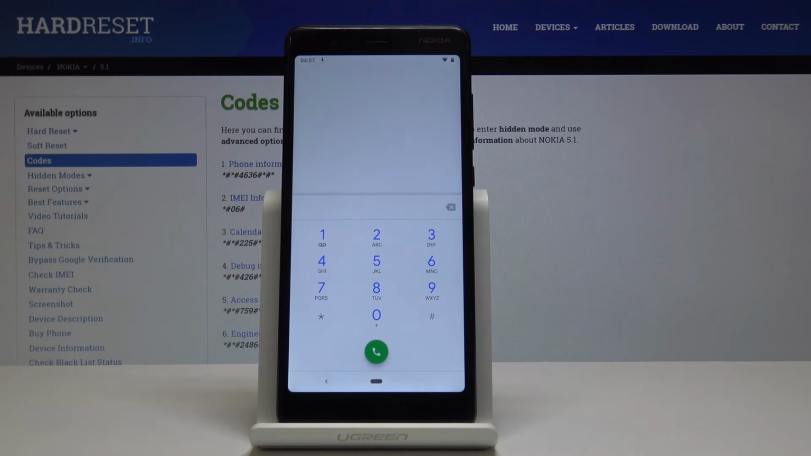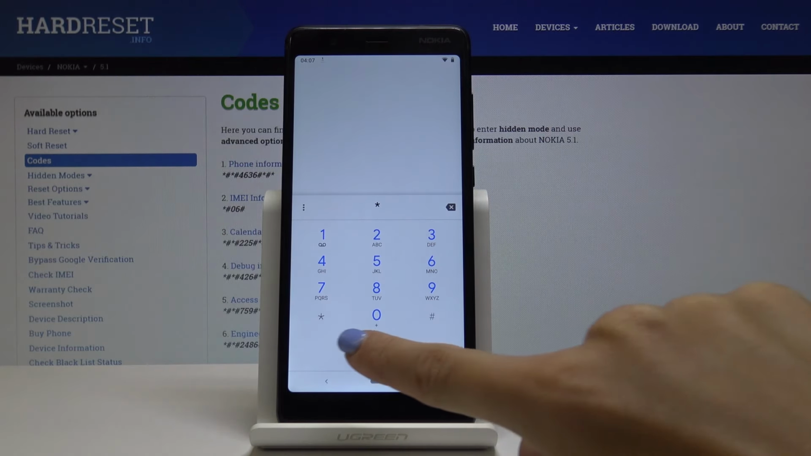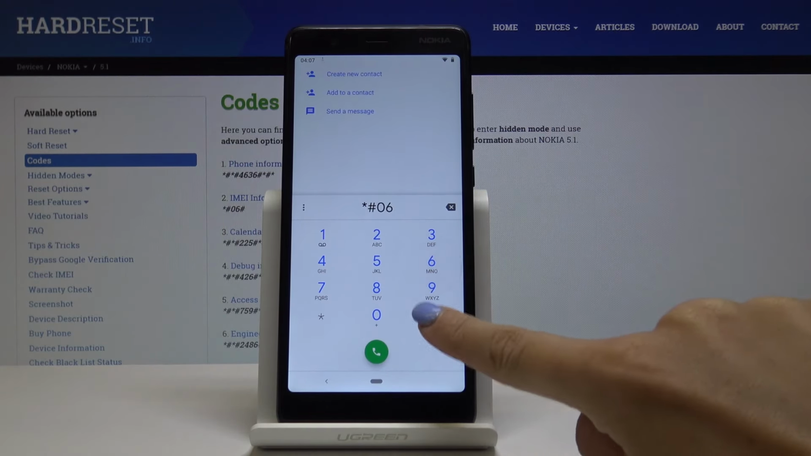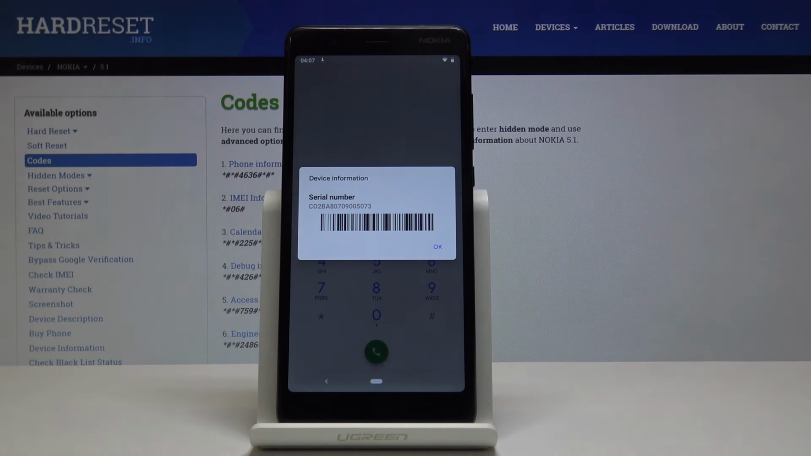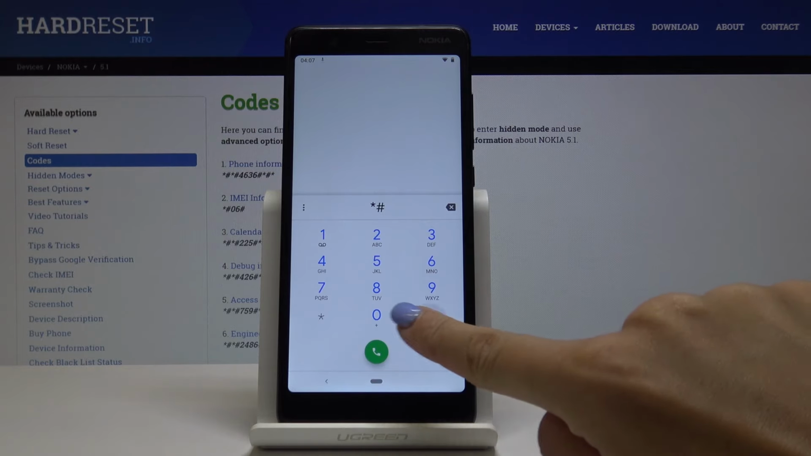So let me go back, and now let's enter a pretty short code, just 5 digits long, so it's *##06#, and this one will provide you with the serial number for your Nokia 5.1. So simply enter *##06#, and then you will be provided with the serial number. And the last code is